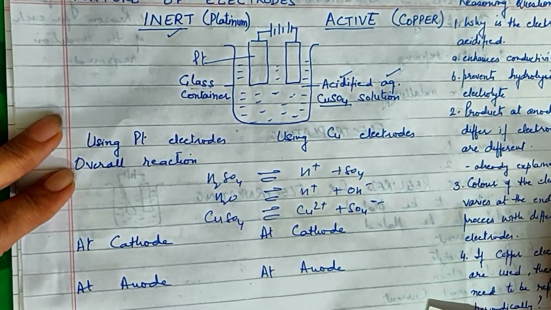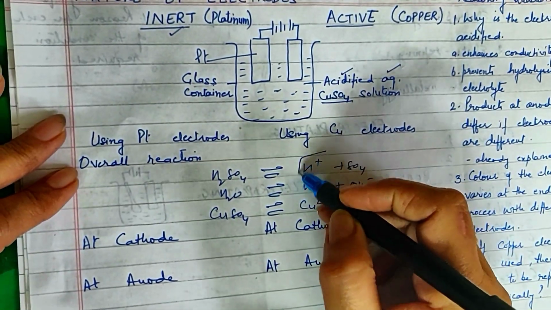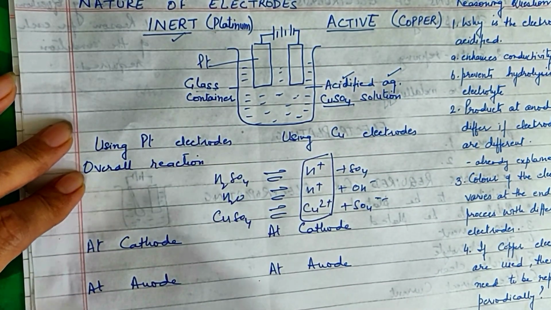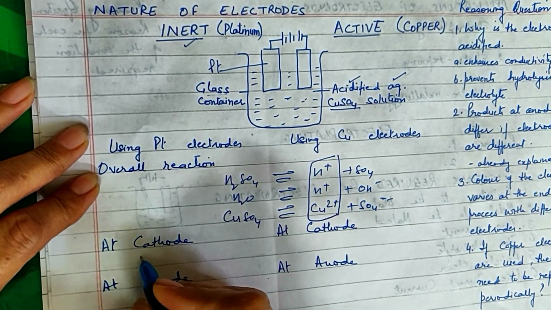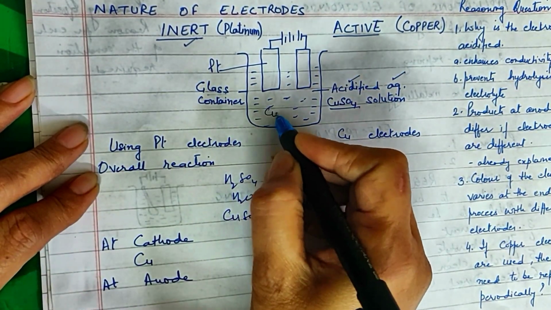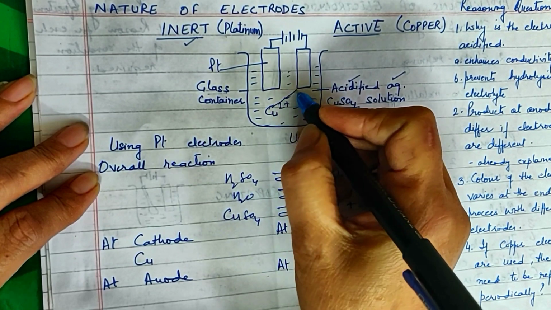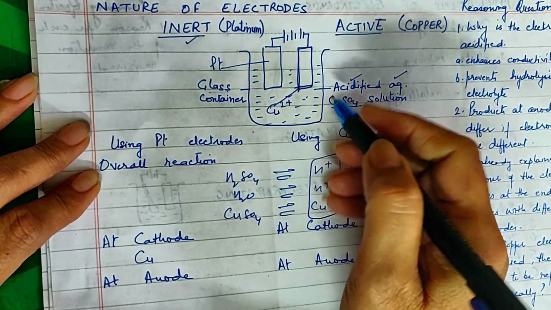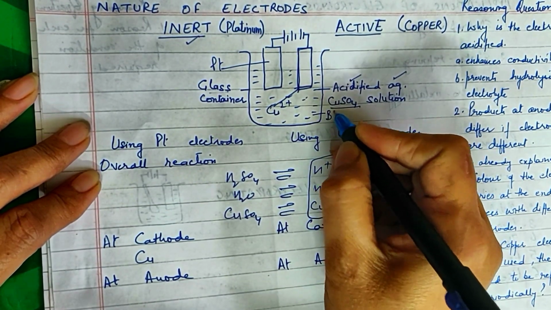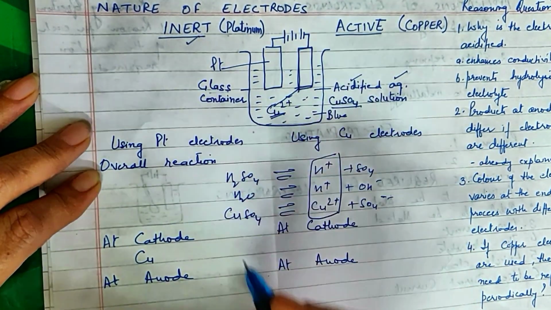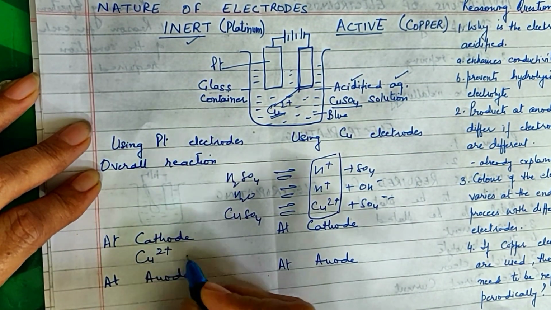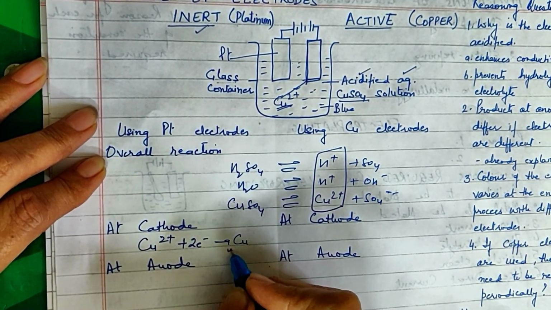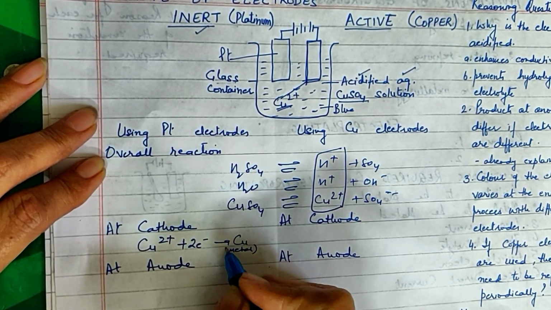Now, out here on the cathode, we have a choice between hydrogen and copper. Out of these two, copper happens to be down in the reactivity series. So on the cathode, copper ions, which are Cu2+, are going to be attracted towards the cathode and they are going to discharge over the cathode. Now this solution is blue in color because of the presence of copper ions. So copper ions move towards the cathode, accept 2 electrons and form copper metal. You may either write metal or you may write atom.